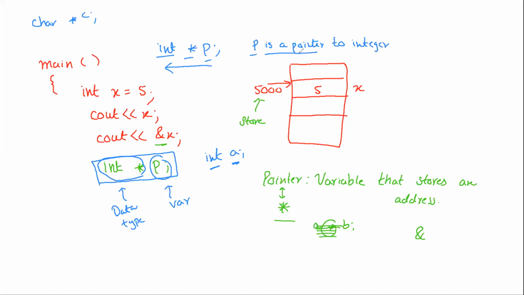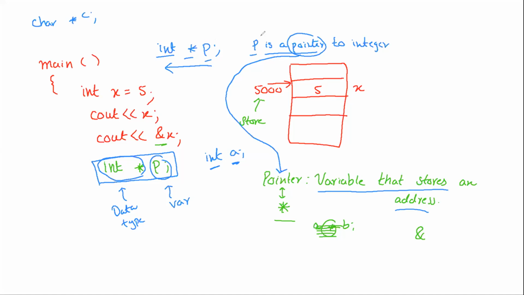So now you go back and see what I told you about what a pointer is. Link this discussion with that definition. What is a pointer? A pointer is a variable that stores an address. So in other words, you are saying p is a variable which will hold the address of an integer, right? It means in this p you can hold not a value but an address. But address of what? Address of some integer, x, y, z, a, b, c, anything, but it has to be an integer. It means you cannot store the address of a character in p. You cannot store the address of a float in p, right?